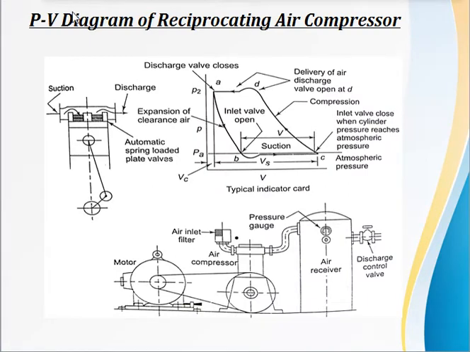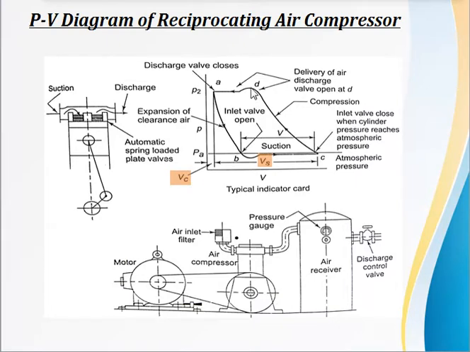now you can clearly see in the diagram, it shows you the PV diagram of a reciprocating air compressor. Here you can see this is the suction line, delivery line. Air is taken in and it is delivered out. This is the piston connecting rod. The valves are spring loaded valves. Now if you carefully see the PV diagram, on the y axis the pressure is there, on the x axis you have the volume. So this Vs is the swept volume and this Vc is the clearance volume.